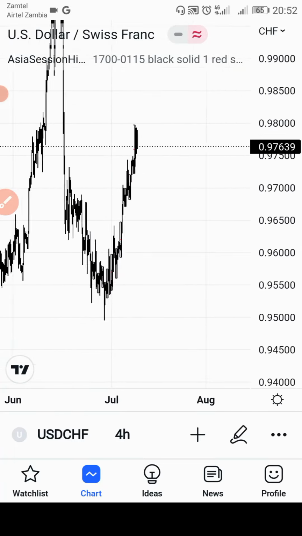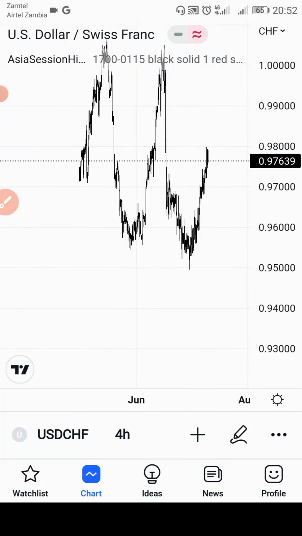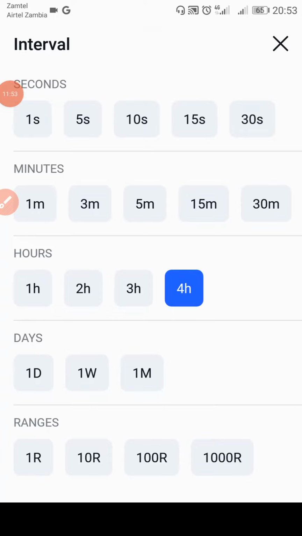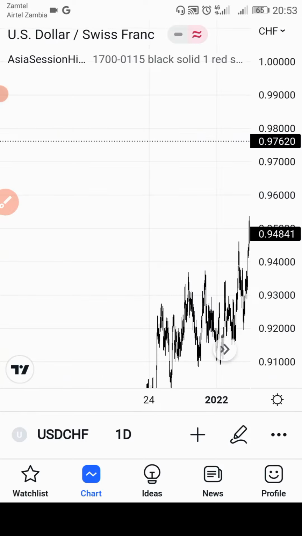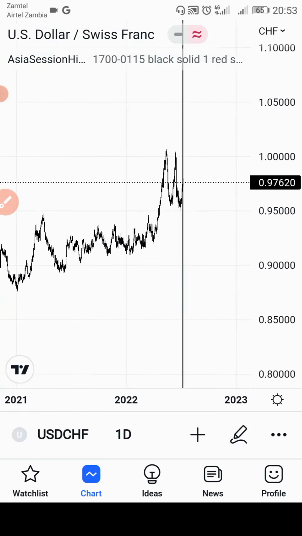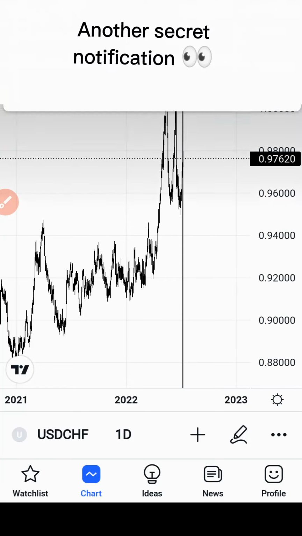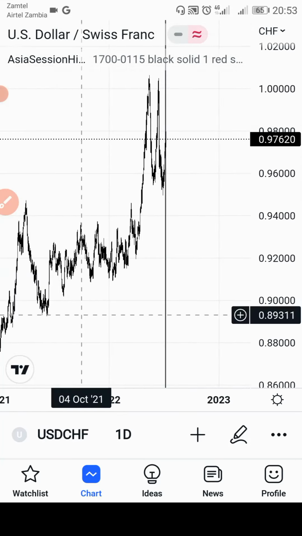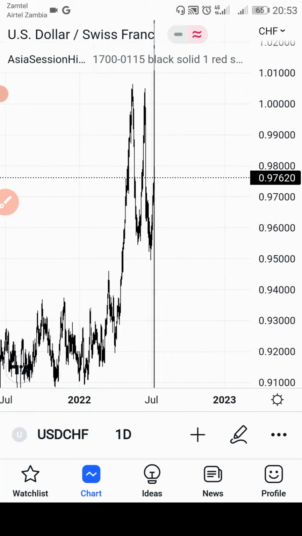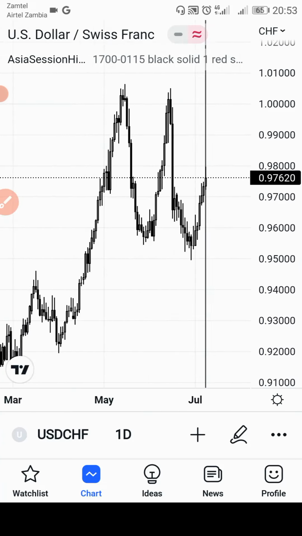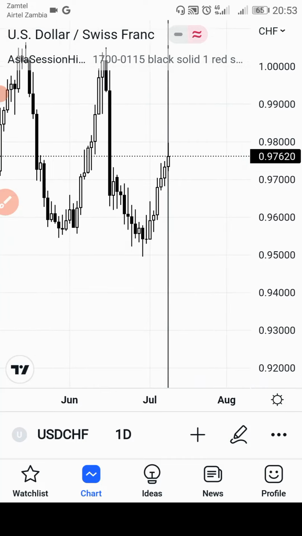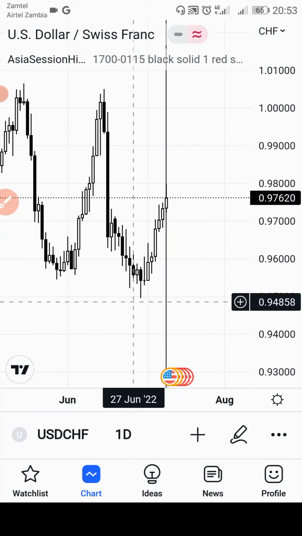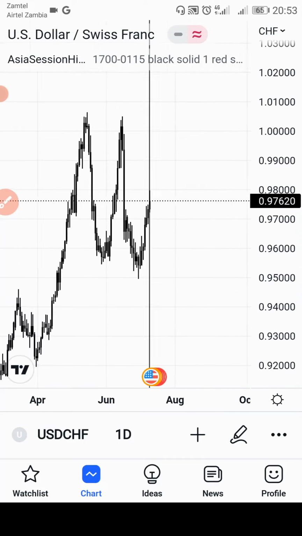So for USDCHF, because we can see the overall trend is also bullish. If we go to the daily, you can see we have been bullish. Yes, we have been bullish right here, and our current momentum is also bullish. You can see our current momentum is a strong buy, because you can see a lot of USD strength in